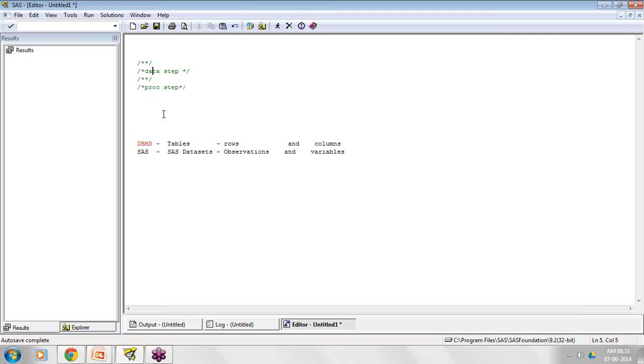With the help of a SAS data step, I can convert my data into SAS data sets. Once a SAS data set is available, I can perform different operations as per business requirements.